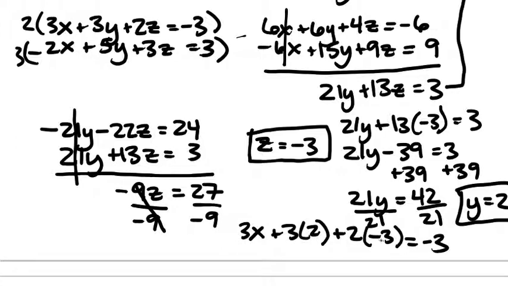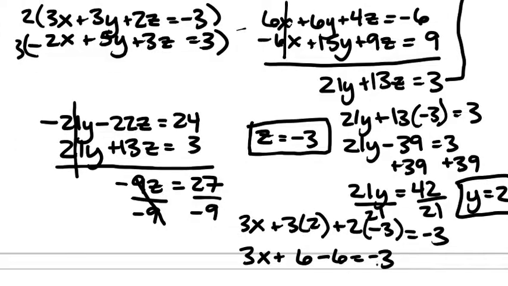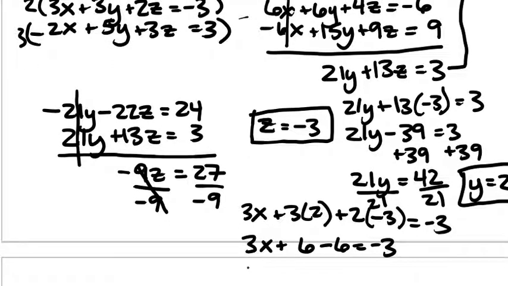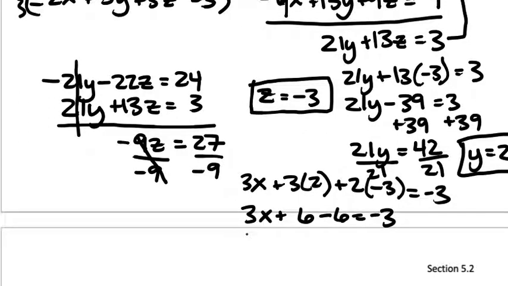Plugged in 2 for y, negative 3 for z, and now I need to solve. So 3 times 2 is 6. 2 times negative 3 is negative 6 equals negative 3. That worked out kind of nicely. I'm running out of space on this page. So we have 3x plus 6 minus 6 goes away. This is just regular solving equation stuff, and then divide,